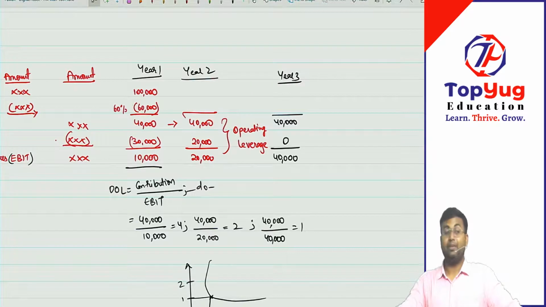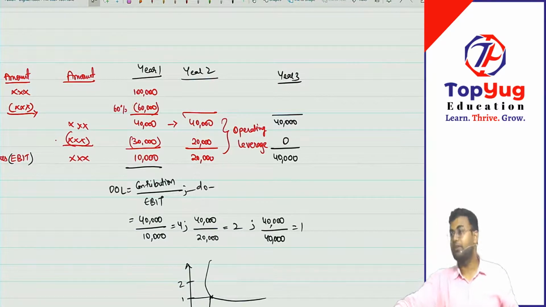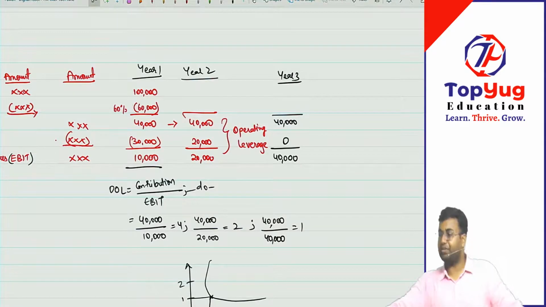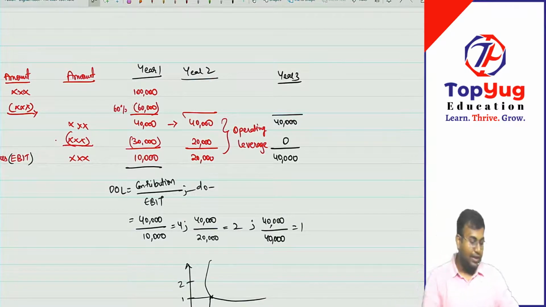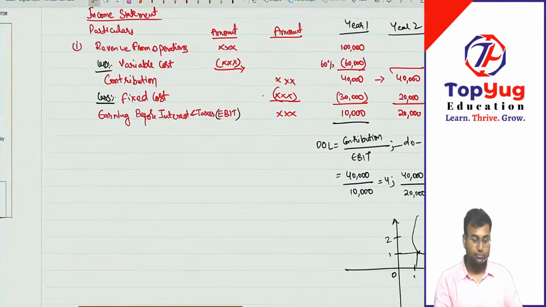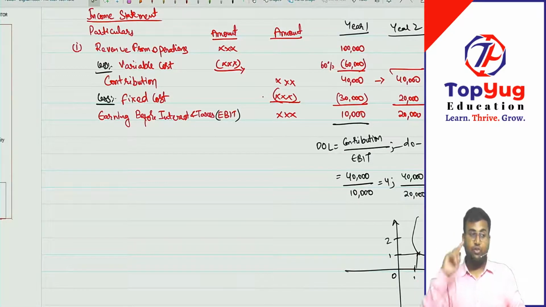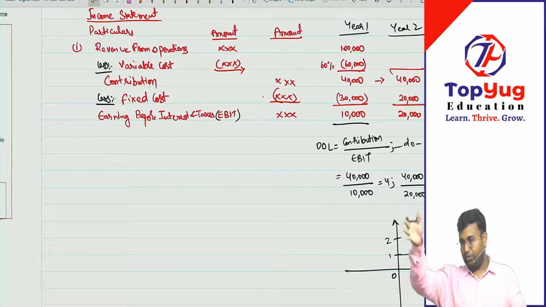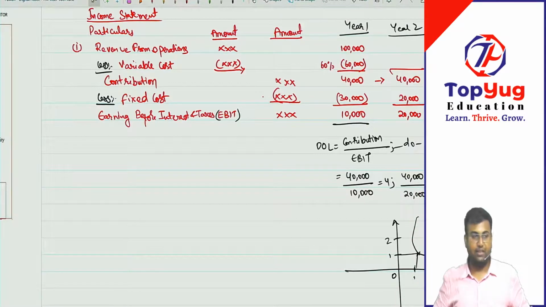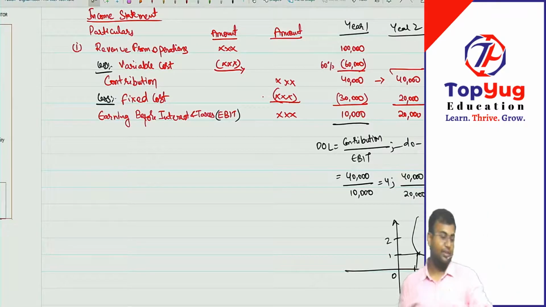Correct? So depending on the situation, you can use a formula. Understood? Yes or no? Depending on the situation, you can use whichever formula suits you. When we go to the problem sections, then you can see the application of the second formula also. Done? Right? Can I complete my income statement now? That's why initially I told you, you have to leave a whole page blank for the income statement. We will keep on jumping.